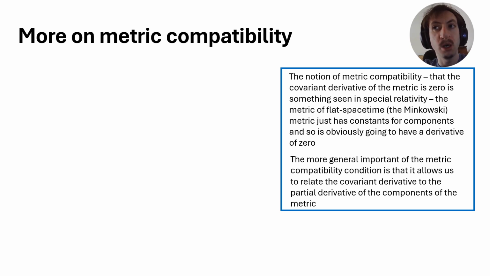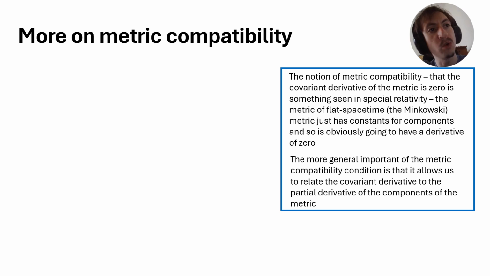It's a lot harder at first to understand how those partial derivatives would have to relate to a much more physically meaningful covariant derivative. But our metric compatibility helps us get around this by linking partial and covariant derivatives together. And to see exactly how it does this,